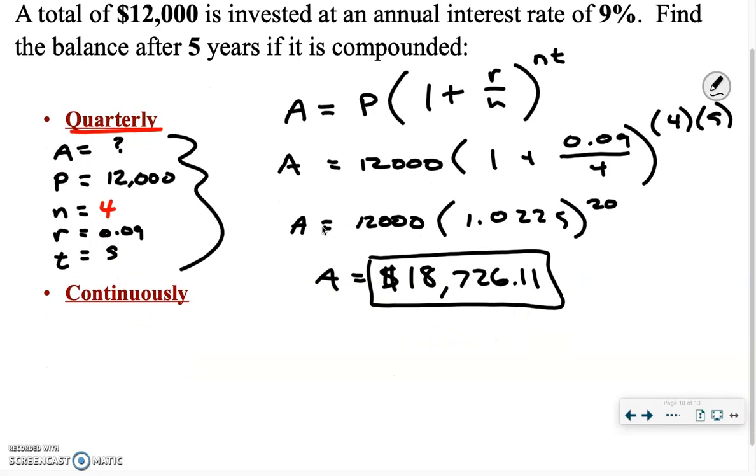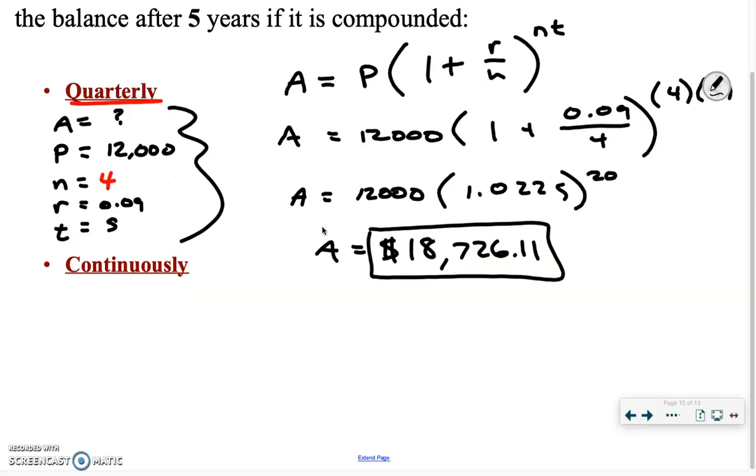Should we expect the same answer if we're compounding monthly or daily or continuously? Should we get the same answer? No, but are we going to get roughly the same? We shouldn't expect that if we compound continuously that we're going to have like $75,000 or something like that. That would be way too far off, right? We're going to be in the same ballpark, but we shouldn't expect to be the exact same. So continuously,